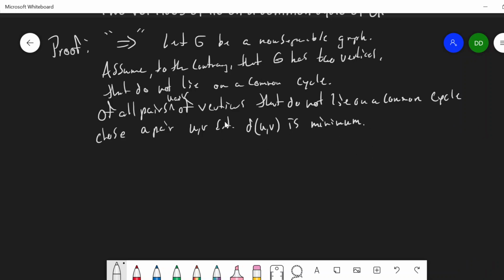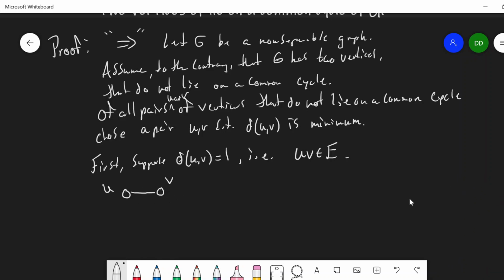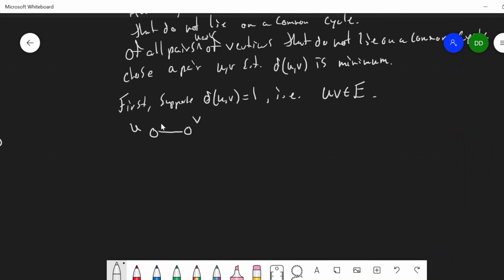Okay, so I'm going to break this down into cases. I want to first consider the case when U and V are adjacent. So first, suppose that the distance from U to V is equal to 1, i.e. U and V are adjacent. So what does our situation look like? We have U, we have V. They do not lie in a common cycle, and these 2 vertices are adjacent. What I'd like to do is find another path from U to V that doesn't involve this edge, and